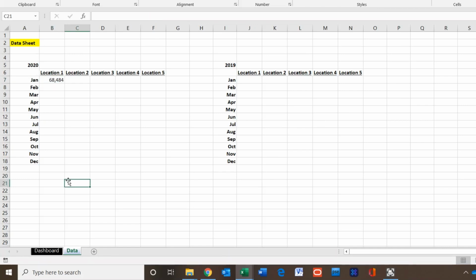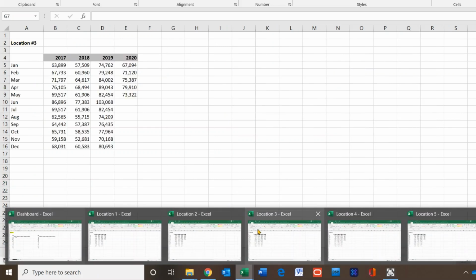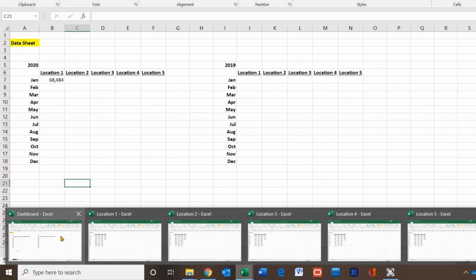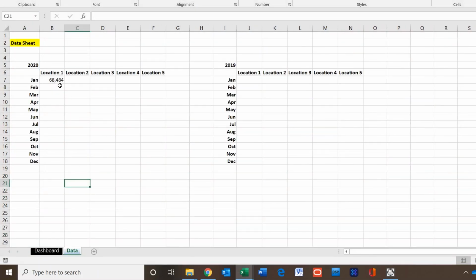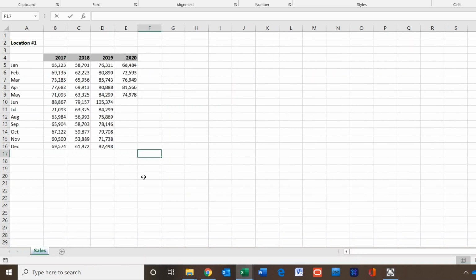Now a little tip is, whenever I'm working on multiple sheets like this, I always like to leave all the Excel spreadsheets open. It's just a lot easier when you're building the formulas, and I'll show you why. So here you can see that the location is here, the tab is here like I explained, and the cell reference. Now if I go in and I close the location 1 spreadsheet,